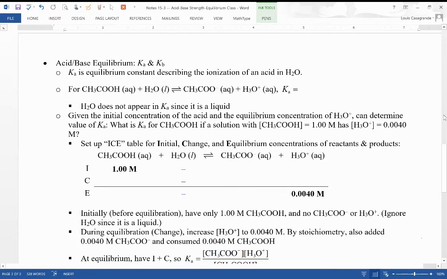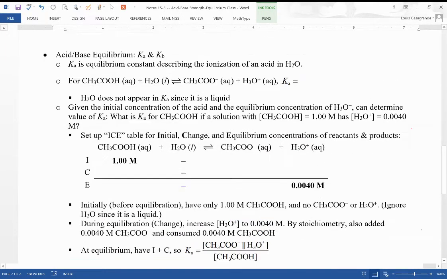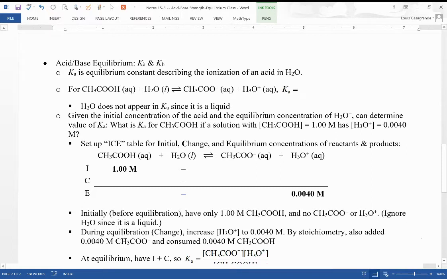So for weak acids and weak bases, we have established the equilibrium constants, the acid Ka and base Kb, the dissociation or ionization constants. Ka describes the ionization constant of an acid in water. It has to be that acid in water, so the reactants always have to be that acid in water. Here, in this reaction, we have acetic acid